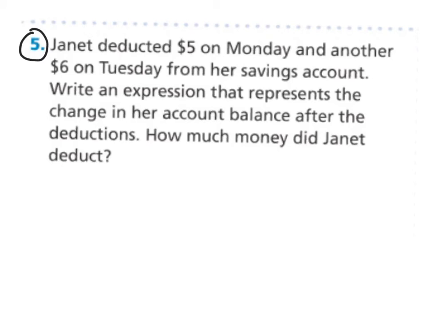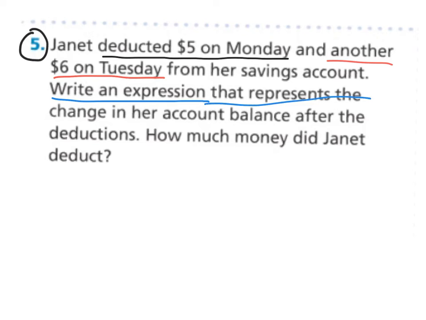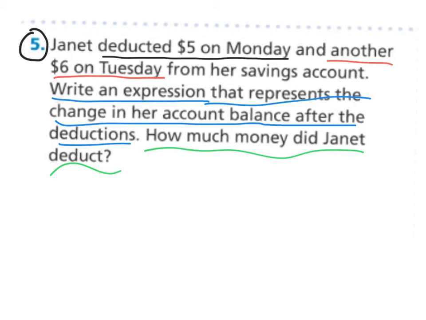Number 5, Janet deducted $5 on Monday and another $6 on Tuesday from her savings account. Write an expression that represents the change in her account balance after the deductions. And then the last question, how much money did Janet deduct? So for our expression, deducted $5, that'd be negative 5, and then plus deducted another $6 on Tuesday, that'd be